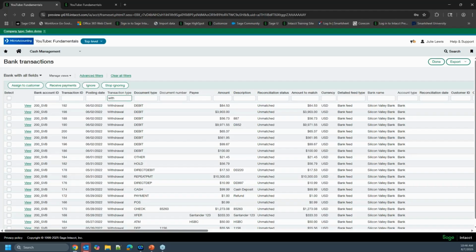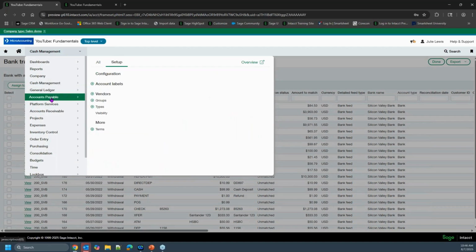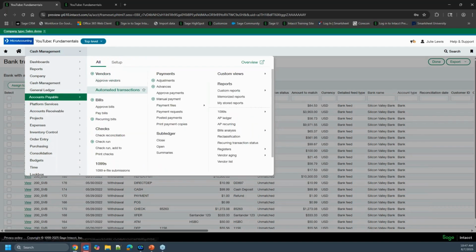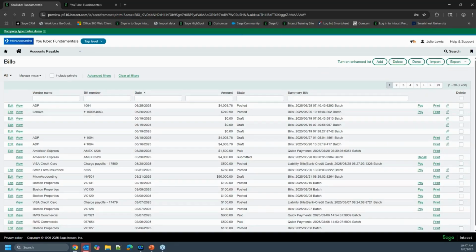Other cool areas, let's see what I can take you through. Let's talk about that default list view, just so that we touch on that. I reference AP, but it's throughout the system. Anywhere we have an area that has turn on enhanced list will become a default view on Monday.